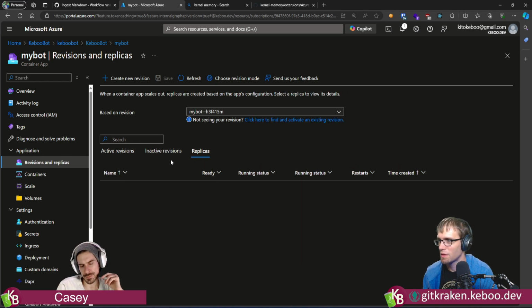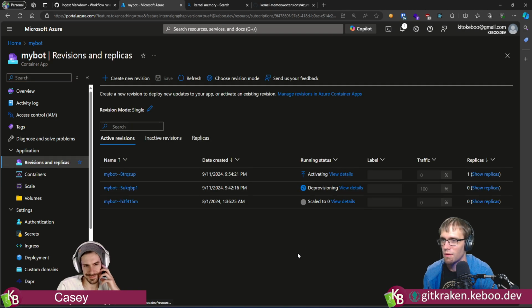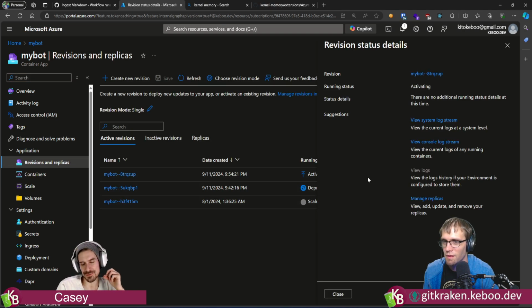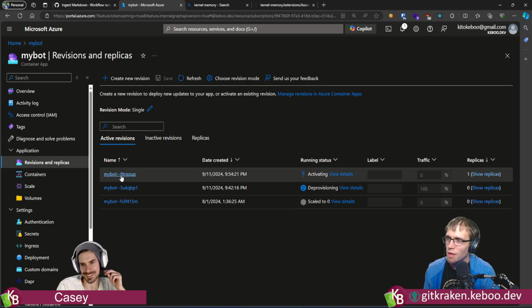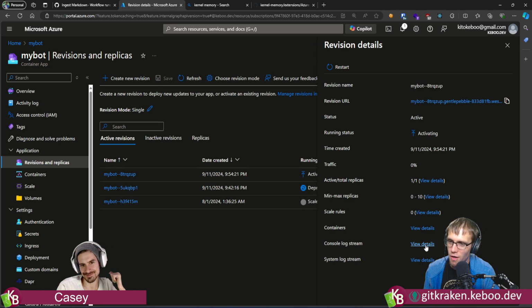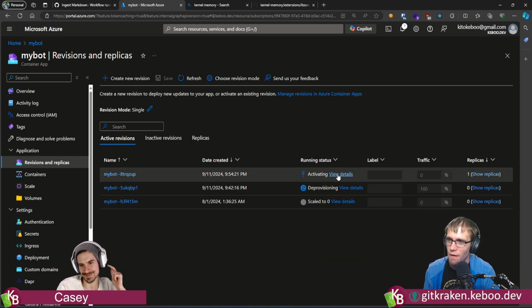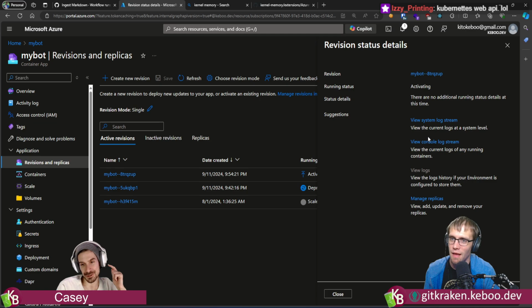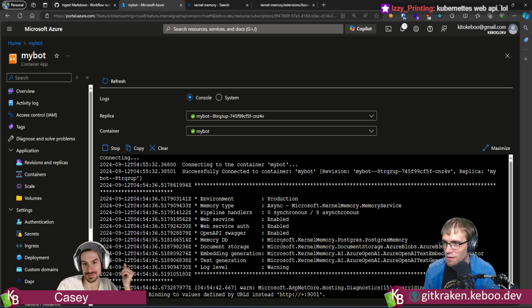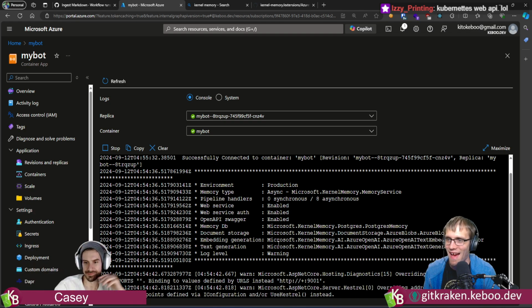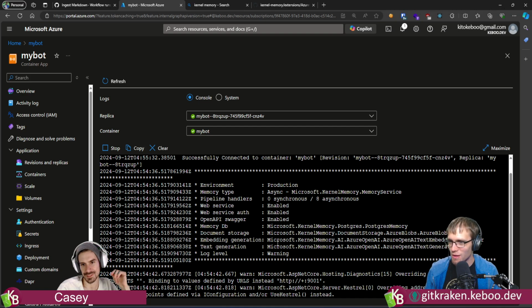Where was the... Yeah. Can't read this. This is the worst part of this, that we can never find the logs. I can't remember, you click on the name and then the console log stream. You do not click on the view details or show replicas. The console log stream. Right? Victory. Kubernetes Web API. Asynchronous pipeline handlers. Look at that. It even knows. Oh, look at that gorgeous, gorgeous pipeline.